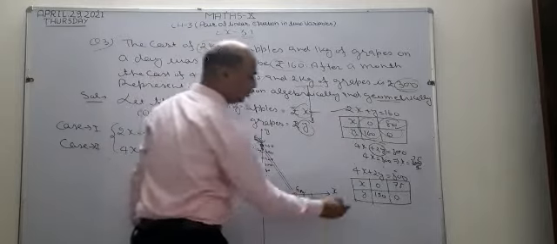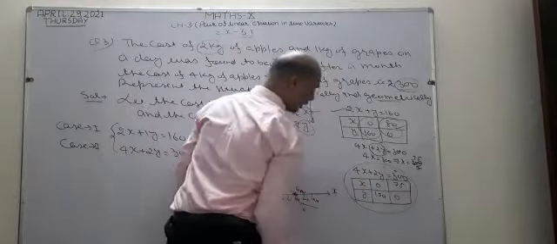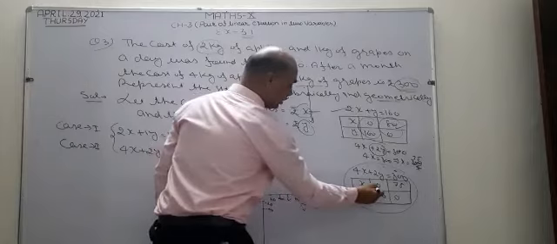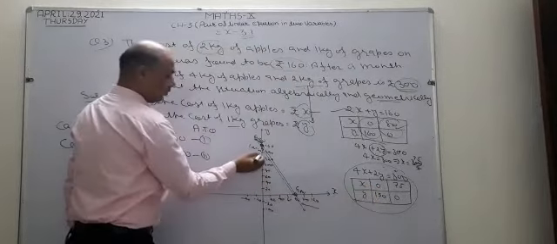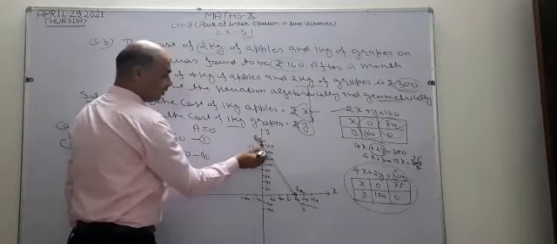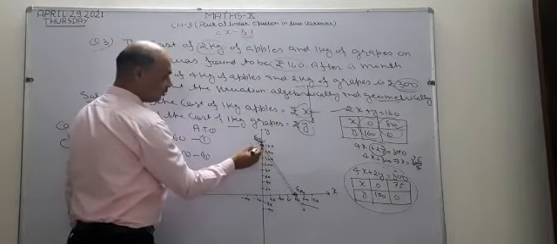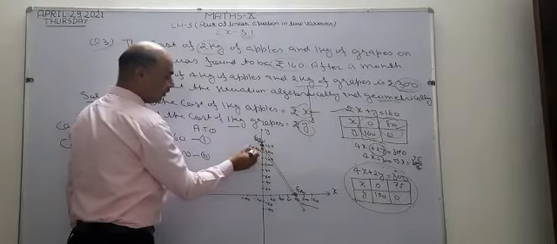Okay, now I am going to represent the second equation on the graph. x equal to 0 means I take the point on the y-axis. The value of y is given as 150. Between 140 and 160, the middle point is 150. Therefore, this point represents 150. So I write here 0 and 150.